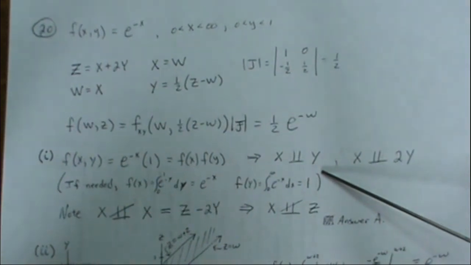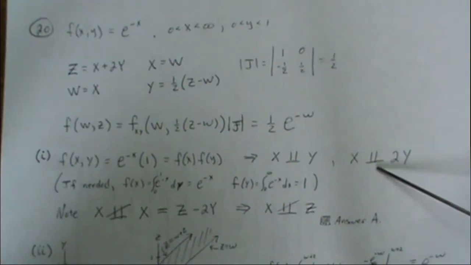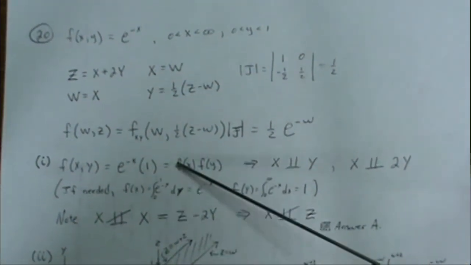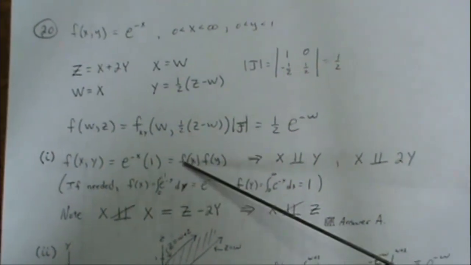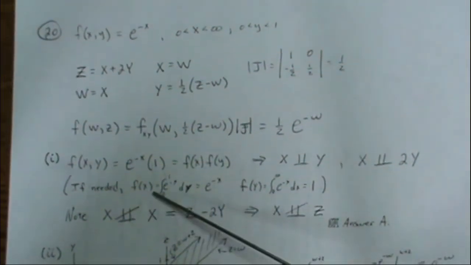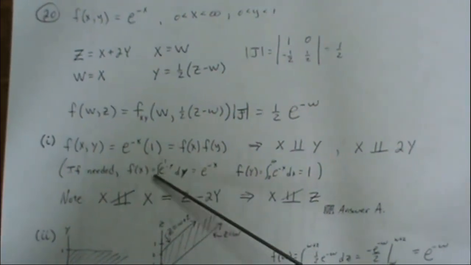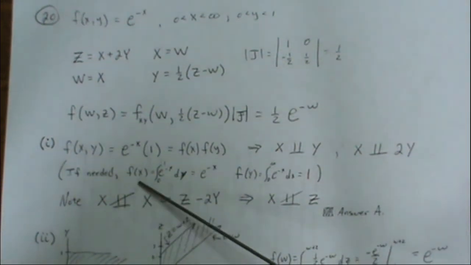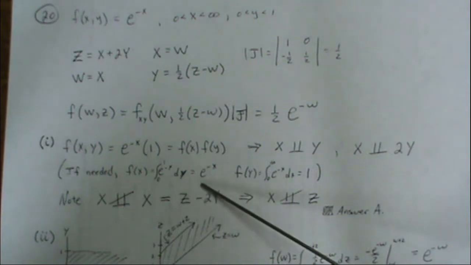And notice that functions of independent variables are also independent. So x is independent of 2y. Now this argument here of splitting them up, with more practice, you can just see that. But if needed, you can take the joint density and find the marginals by integrating out the other values. So if you want to find the marginal of f of x, you can integrate out y,